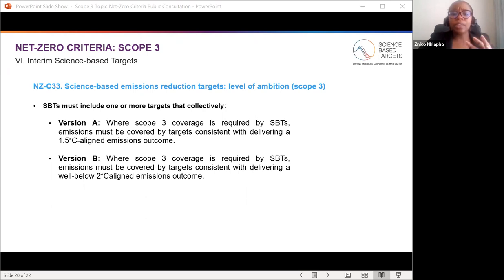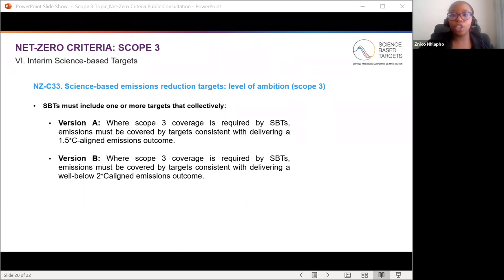And the minimum Scope 3 ambition of this version far exceeds what we currently have in the SBTi criteria, specifically Criterion 20 of our existing SBTi criteria, where we have a range between an absolute increase in Scope 3 emissions to align with 2 degrees, which is about 1.23% linear annual reduction in absolute emissions.